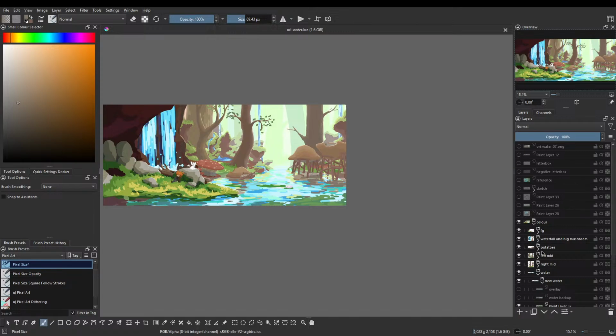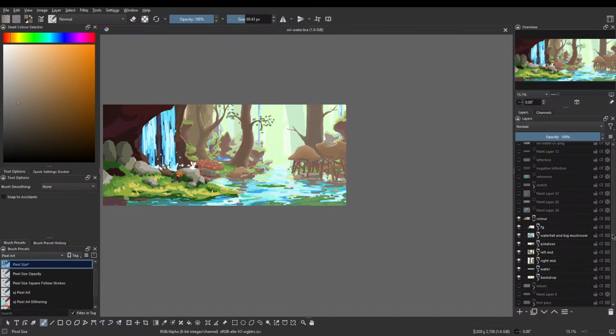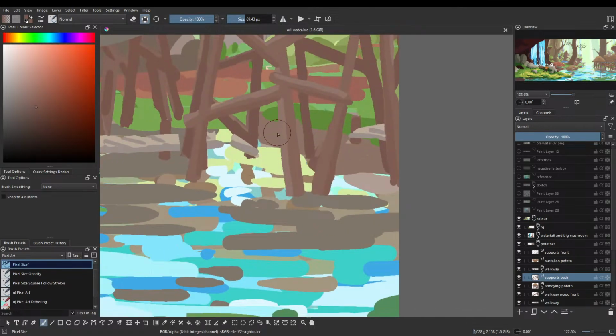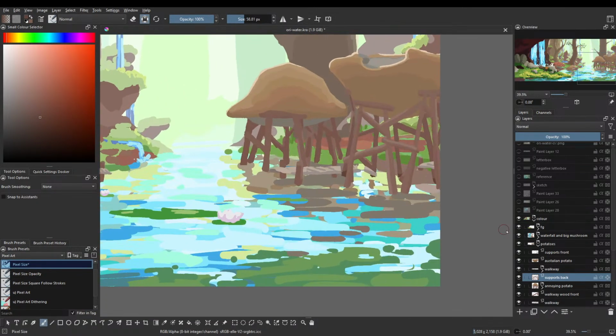And then finally, before I go for tonight, I am going to do one more thing at least, which is grab the supports of this and give them a little bit of additional darker color on the bottom, so they integrate with the water better, because the water tends to make things darker. Like when they are wet, they tend to be darker and more saturated. So just throw it over there and darken these a little bit.